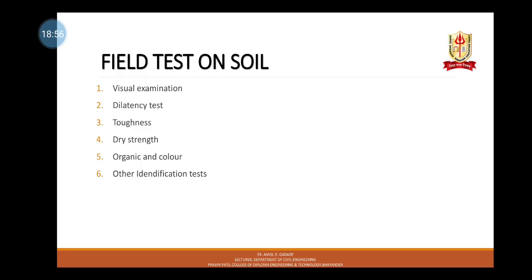Shine test. The test is performed by cutting a lump of dry or slightly moist soil with a knife. A shiny surface of the soil indicates highly plastic clay, whereas a dull surface indicates a silt or a clay of low plasticity. Miscellaneous tests are other tests which may be developed by an individual on the basis of experience. For example, the feel of soils in fingers, sticking of soils to fingers, etc.